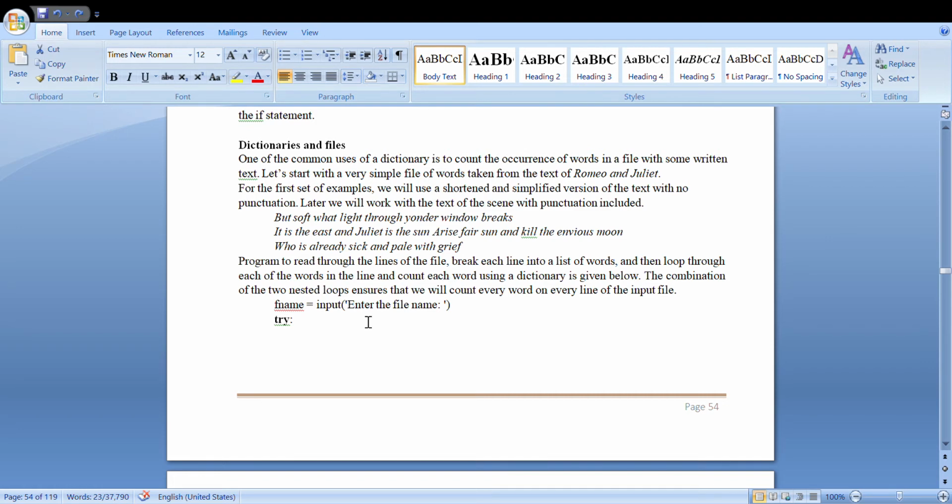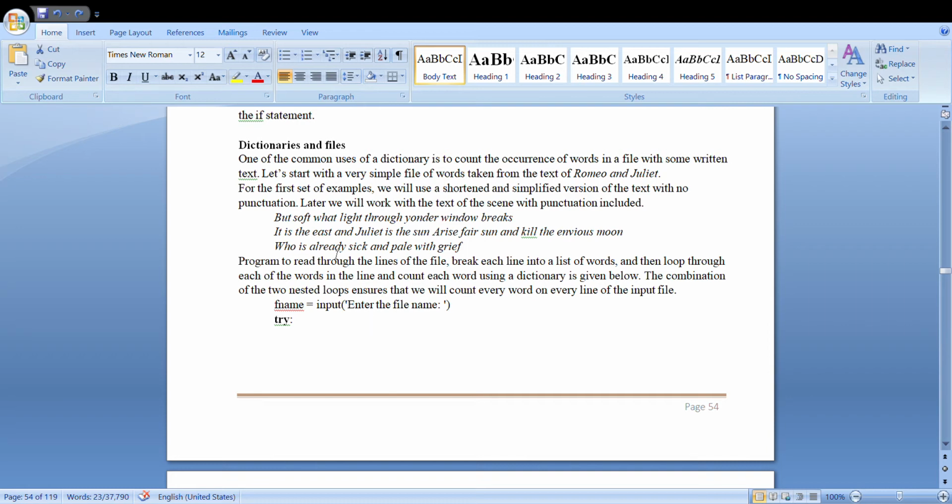As I had told you, there's only a small part left in the dictionaries topic. The next topic is about how file handling is done with dictionaries. Here they have taken an example where we have to find the occurrence of a word, that is, all the set of words in a file. They have taken some random set of words here.